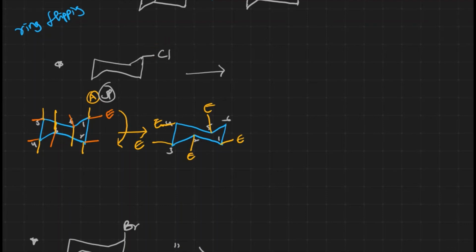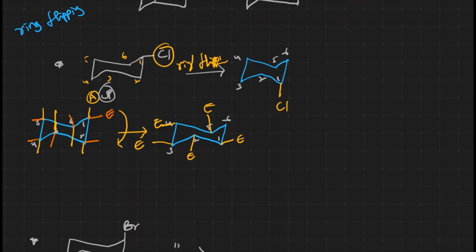The configuration of this particular location is going to be changed over there, right? By ring flipping, what happens is that the chlorine is at this particular position. This is the first, 2, 3, 4, 5, 6, right? The next step after the flipping, this is the first carbon, right? 2, 3, 4, 5, 6. Now, how is this chlorine there? It is not in the upward direction, right? Axial position, right? Equatorial position means down. That's what we have to take, the chlorine in downward itself. Okay, this is how we have to take.